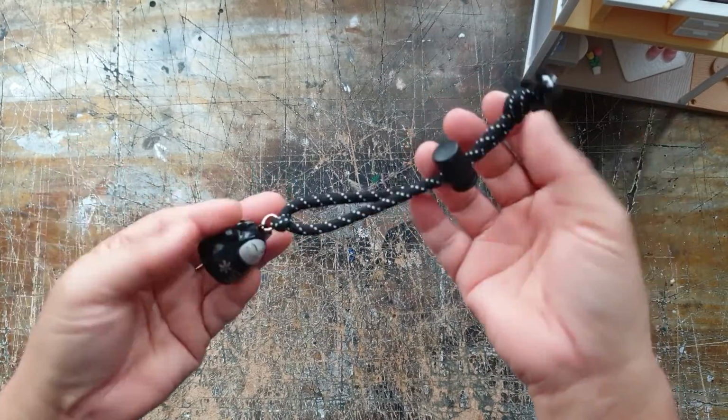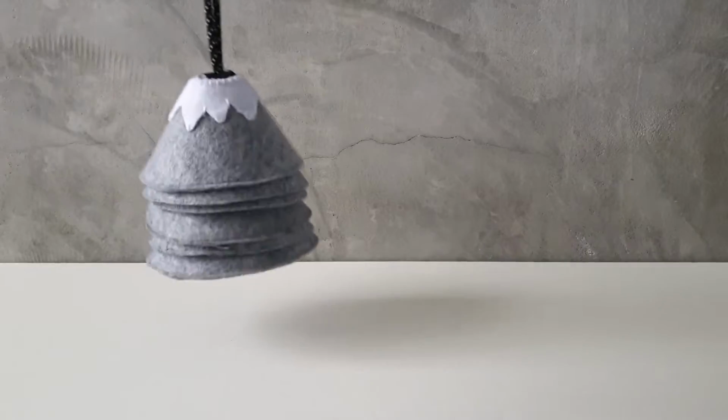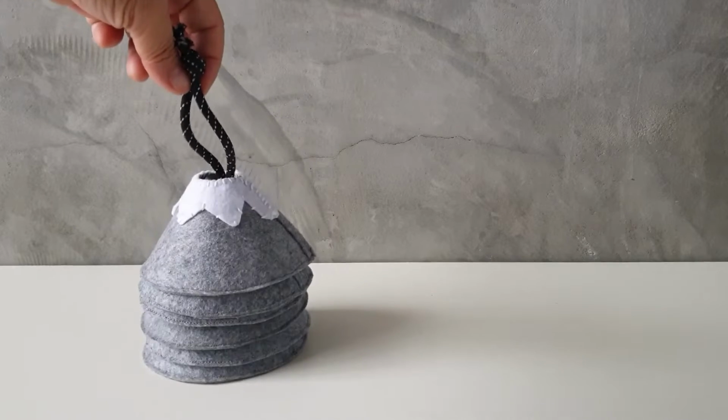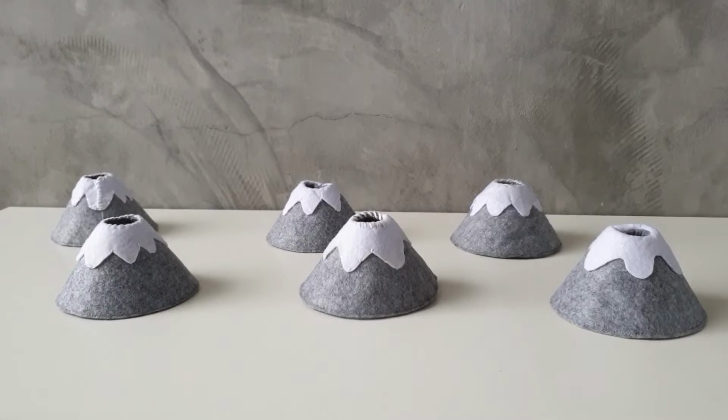So that is quite easy, huh? And you can hang it on your belt, hang it on your bicycle. It will look cute. So I hope you enjoy this DIY,